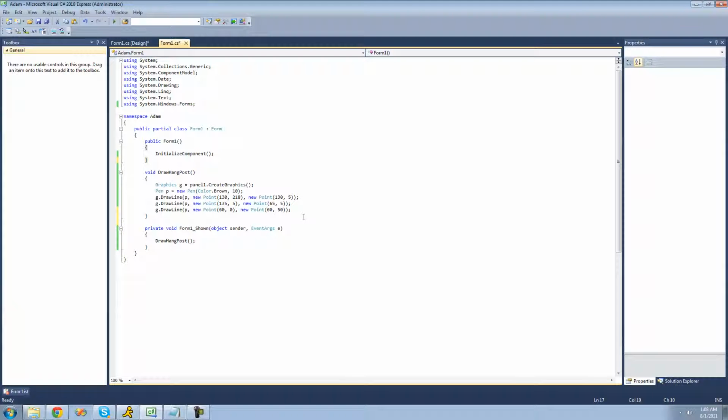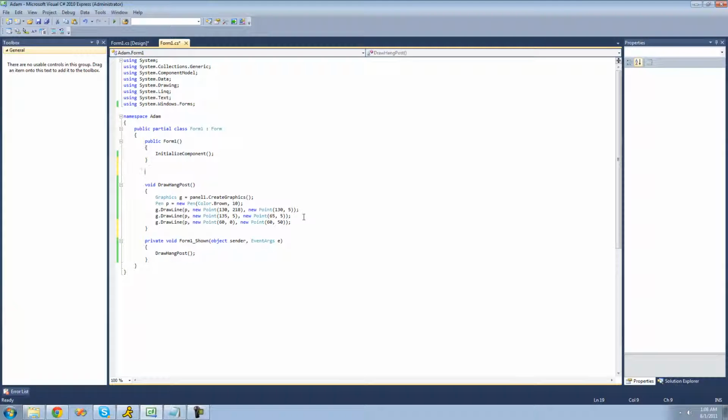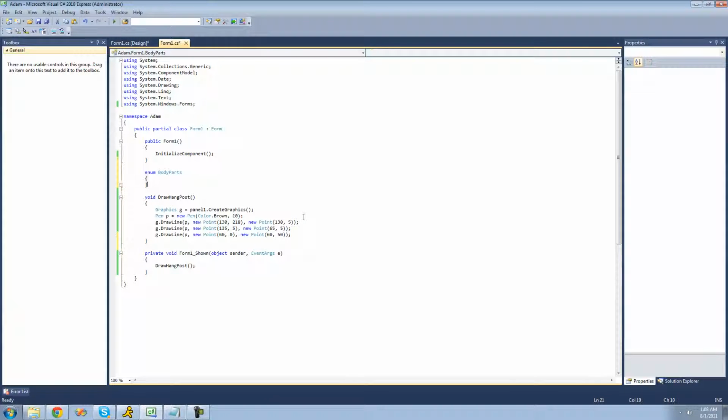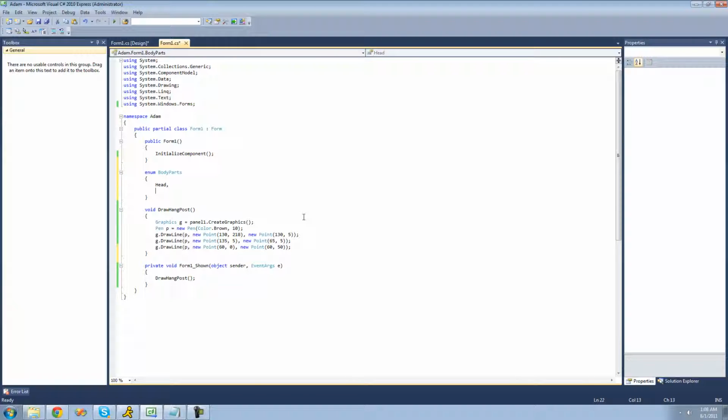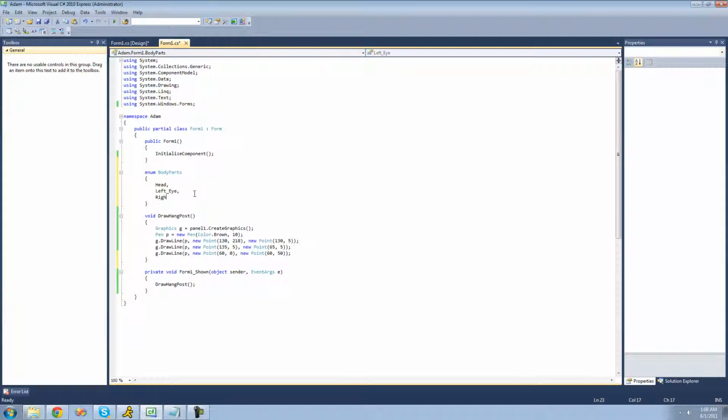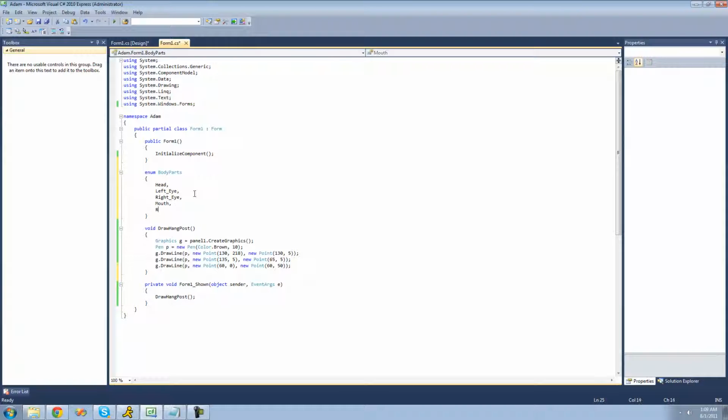hold all of the different types of body parts that we're going to be drawing. So we're just going to type the keyword enum right here, and then name our enumeration. I'm just going to call it body parts. And inside of here, I'm just going to type out all of the different body parts for our hangman. So the first is obviously going to be the head. Then we're going to have the left eye. And remember, we can't have spaces in our elements, so we're going to have to basically just use an underscore instead. So left eye, right eye, then mouth, right